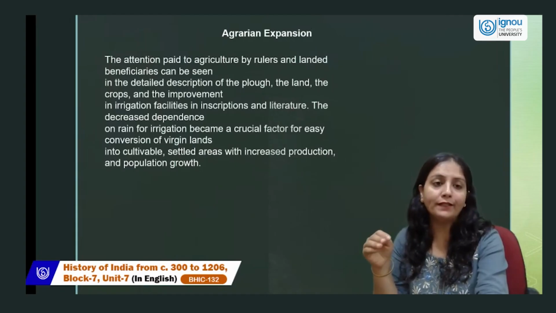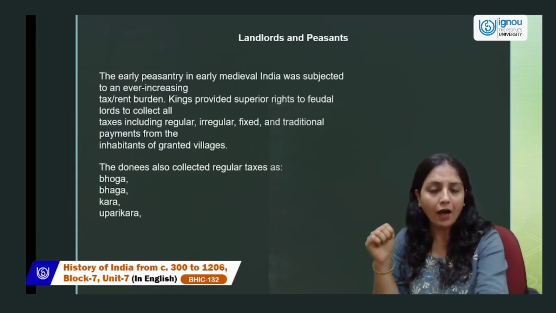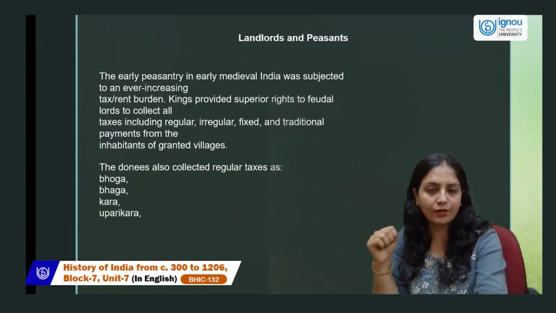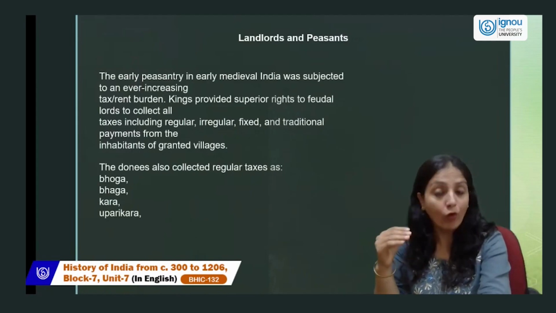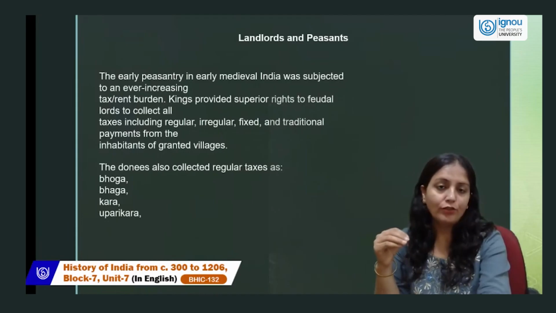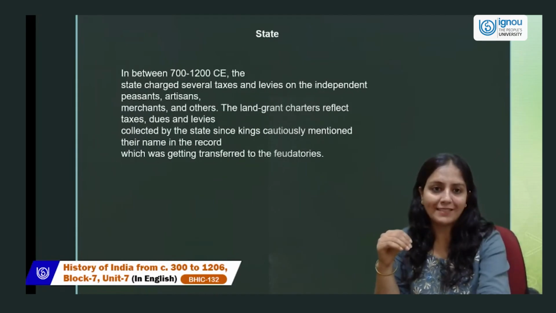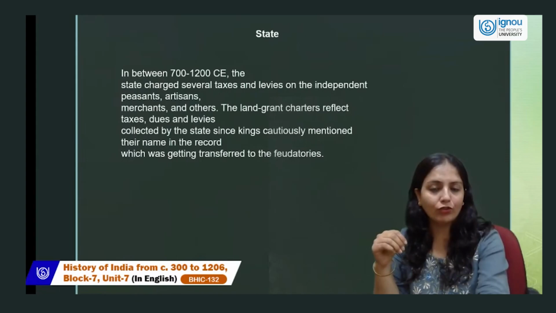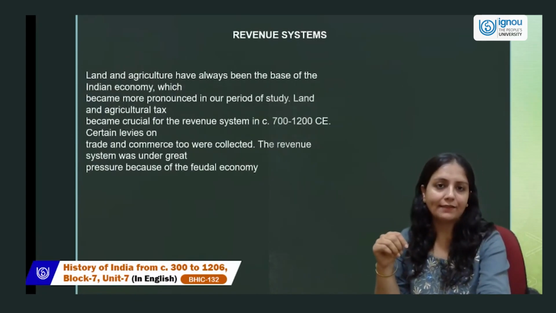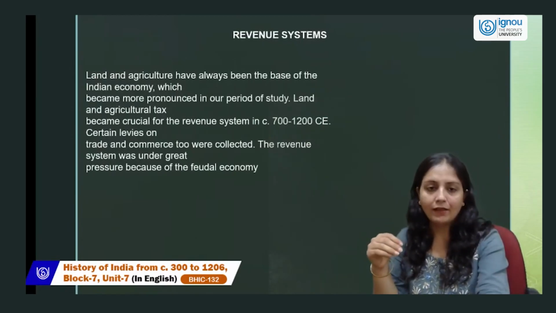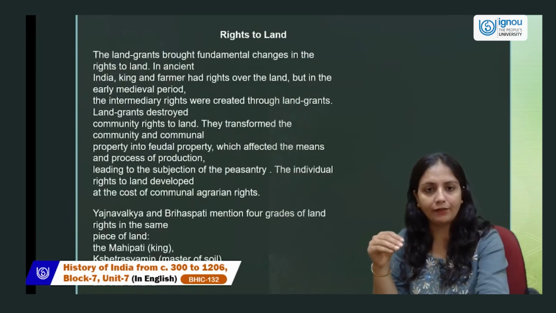crops and improvement in irrigation facilities, and the condition of landlords and peasants, because landlords had taken a lot of tax from the peasants, and the peasants were forced to give a lot of taxes to landlords, feudals. And what was the condition of the state at that time? The condition of the state was very good because the ruler was collecting taxes. In the name of revenue, they took so many taxes from the people of the particular area,